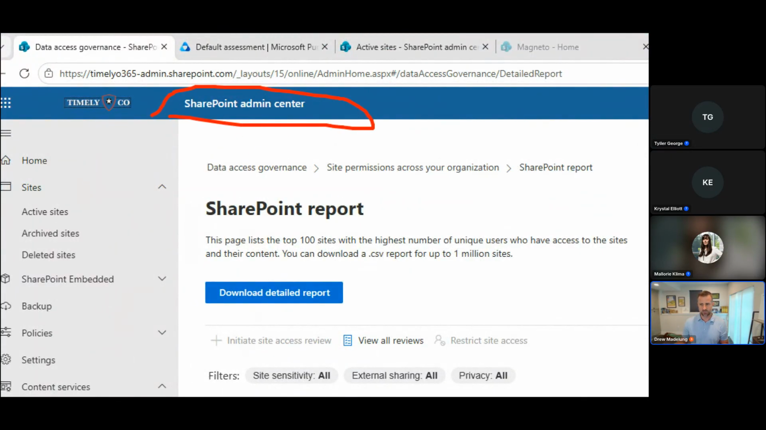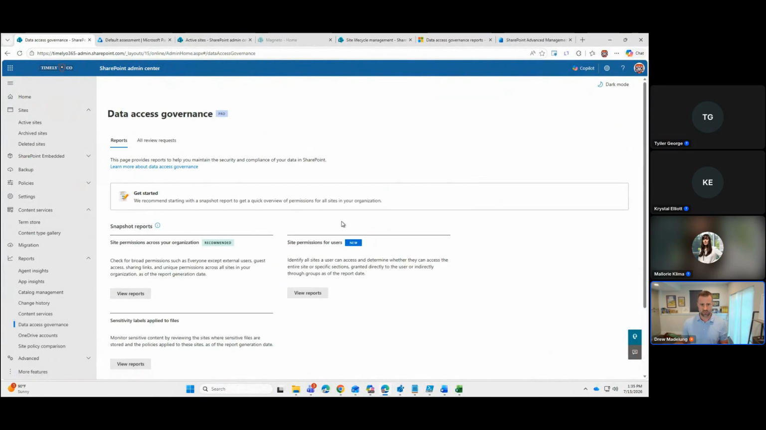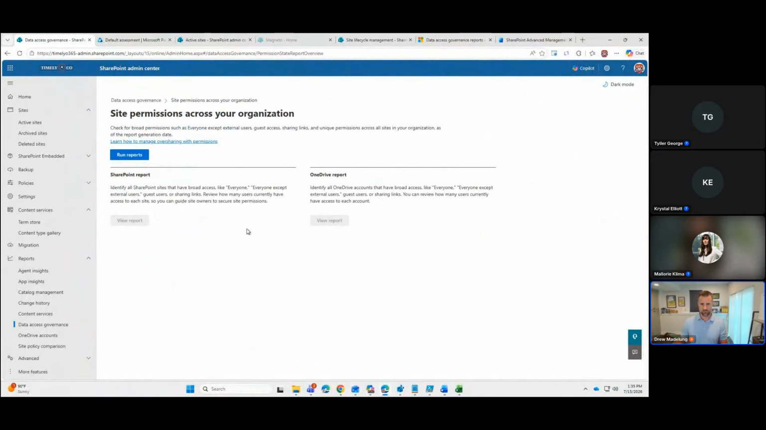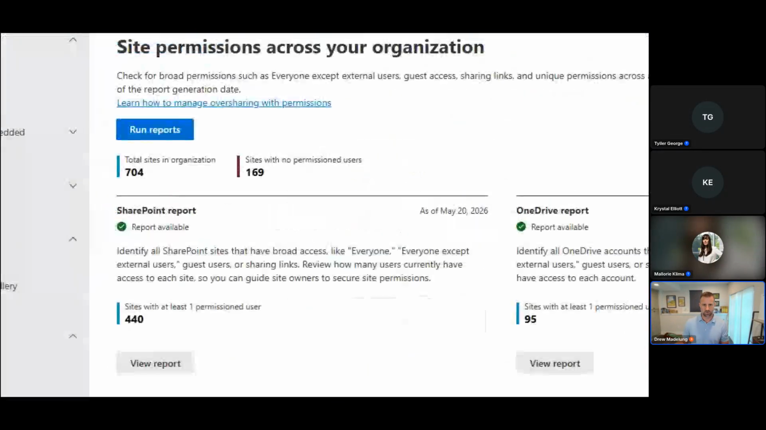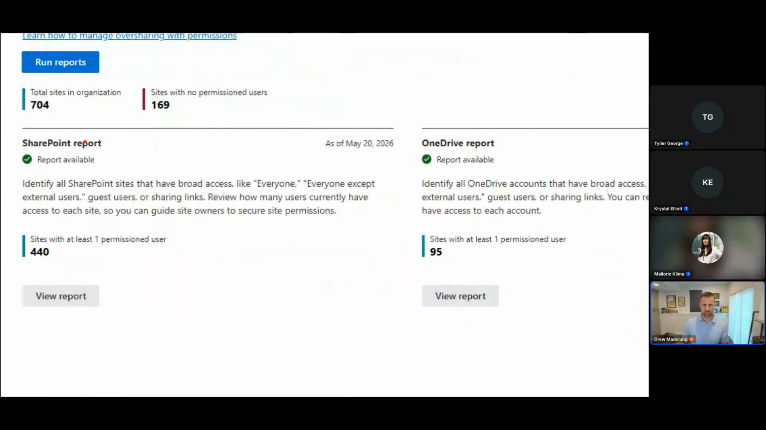These give us a way to go run permission reports for our organization. And I can run those. Let me just go back a step. I can run these against, I'll go into here. You'll see I can run a site permission report for my organization. This is what's called a snapshot report. This snapshot report will tell us the sites in the organization, sites without permissions, but it will focus both on SharePoint